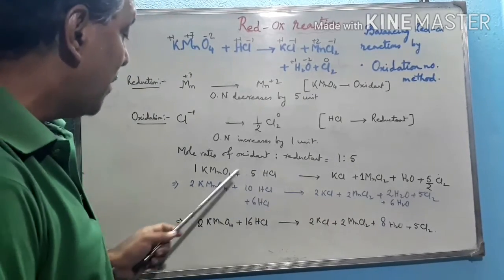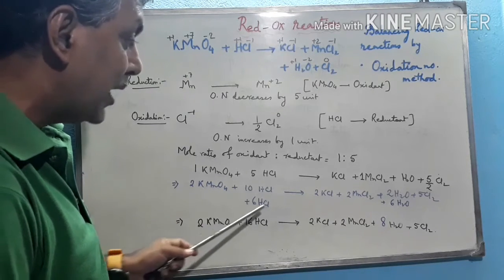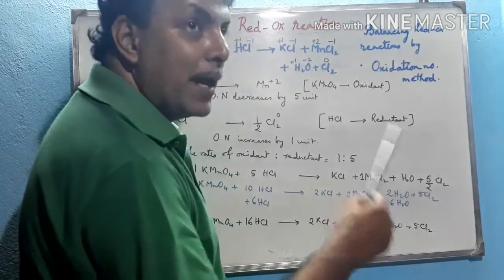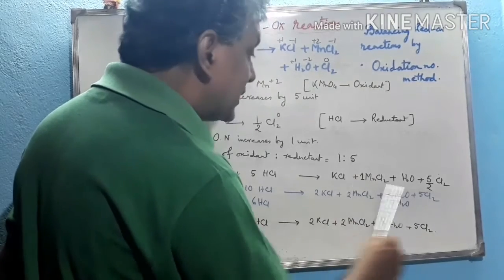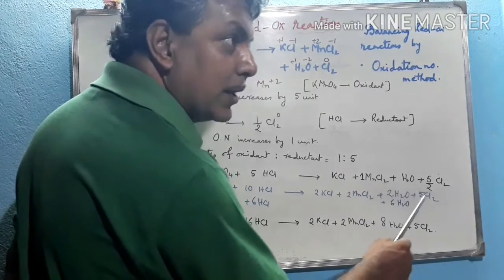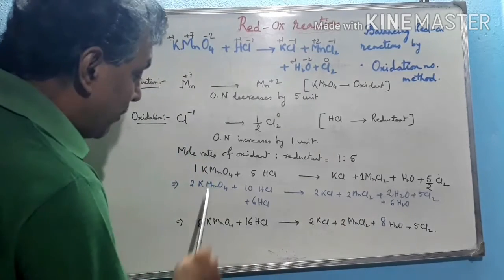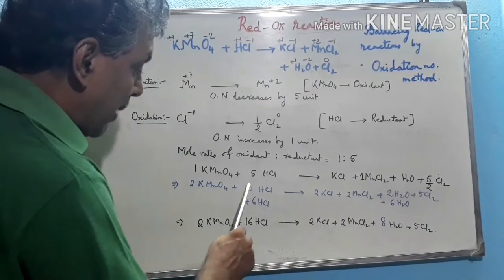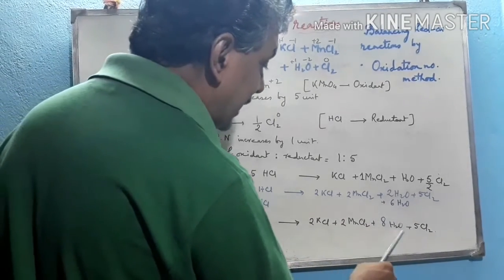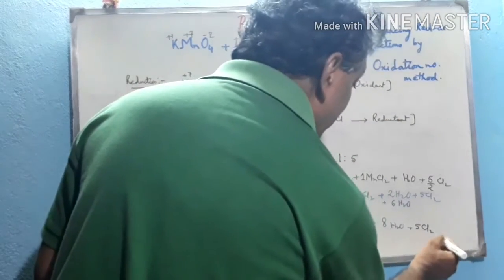manganese also balanced. Now to balance the hydrogen atom, total number of hydrogen becomes 16 at the left hand side, and at the right hand side it becomes only 4. So we have to add 12 extra hydrogen atoms so that both the side number of atoms will be balanced. So to make it 12 hydrogen atoms, we have to add 6 H2O in the right hand side, the product side. Now total number of hydrogen is also balanced. Therefore the total equation becomes 2KMnO4 plus 16 HCl, arrow 2KCl plus 2MnCl2 plus 8 H2O plus 5 Cl2. This is actually the total balanced equation.